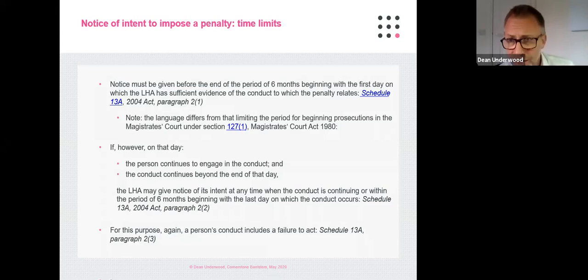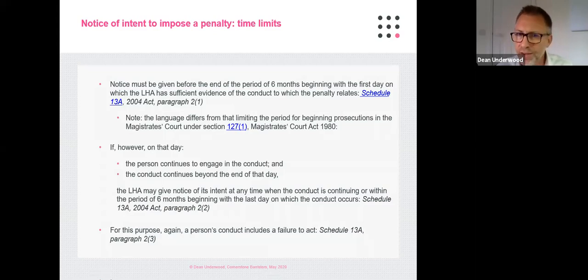In particular, the section 72(1) offence, as a result of the recent decision in Crown on the application of Mohamed and Waltham Forest London Borough Council, and indeed the offence under section 234(3) of the 2004 Act, failure to comply with the management regulations in respect of HMOs, for which you need to look at IR Management Services and Salford City Council. And the reason that probably doesn't make a difference is because there is a further provision in Schedule